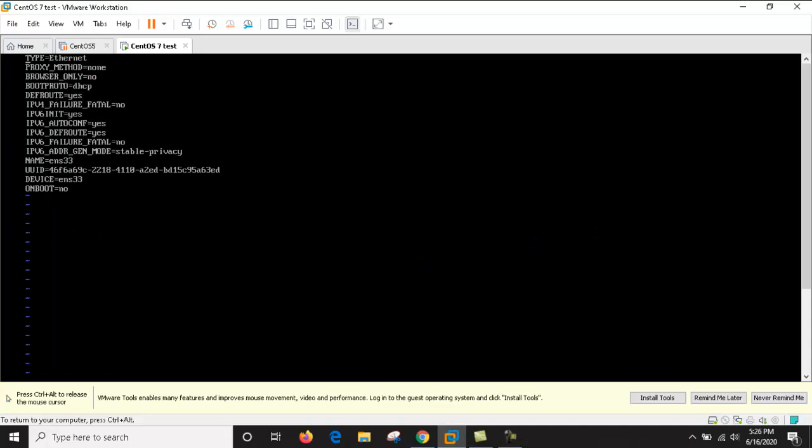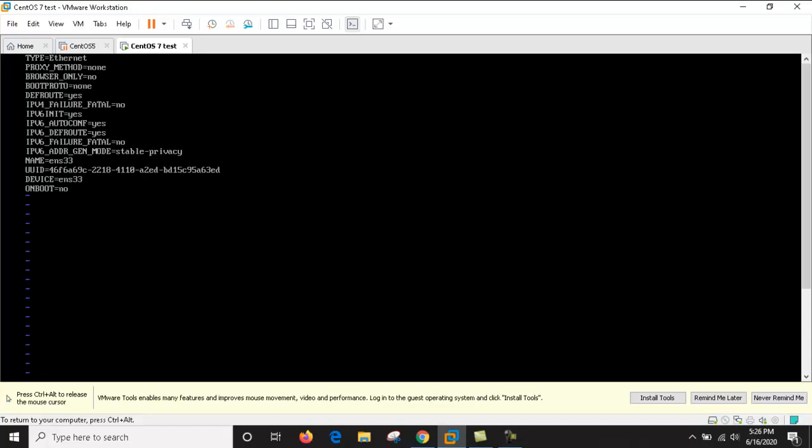The type is Ethernet, and here BOOTPROTO is DHCP. It automatically detects the DHCP IP address if a DHCP server is configured in your organization. Suppose it's not there, and right now our topic is to configure a static IP. So firstly, you can use none here. Either you can use static as well. Both have the same meaning. I'm using none here. You can use static instead of none.